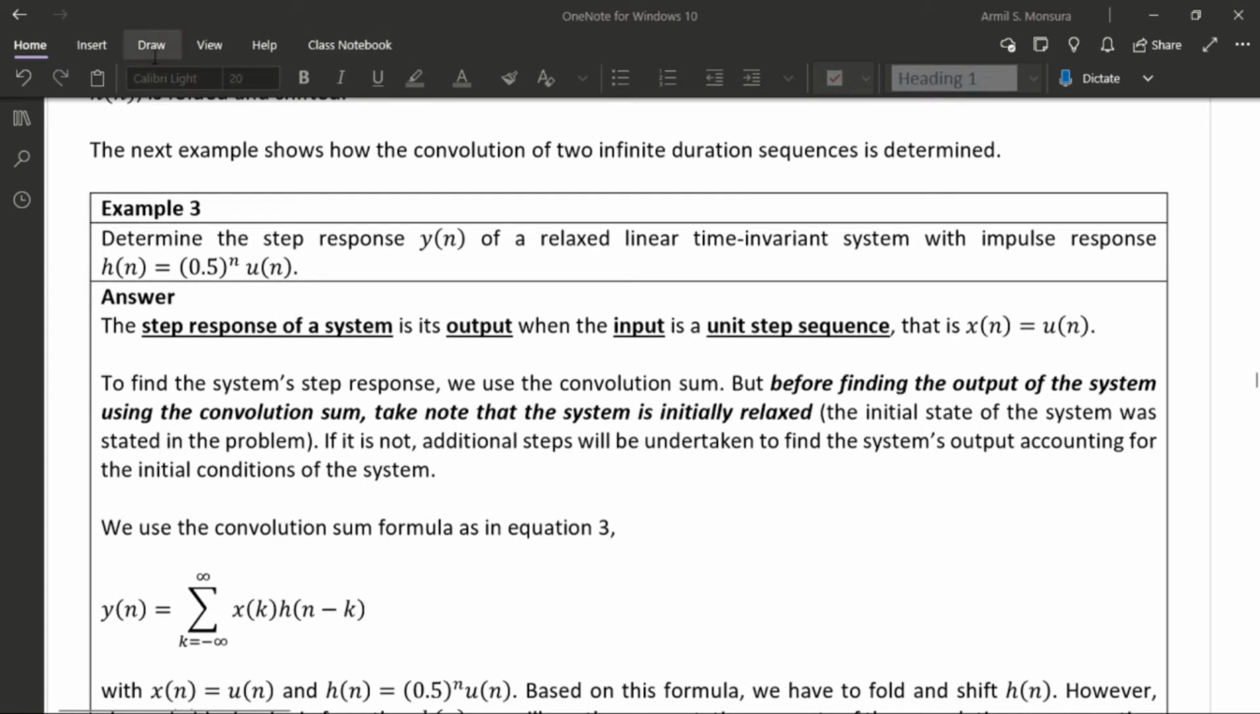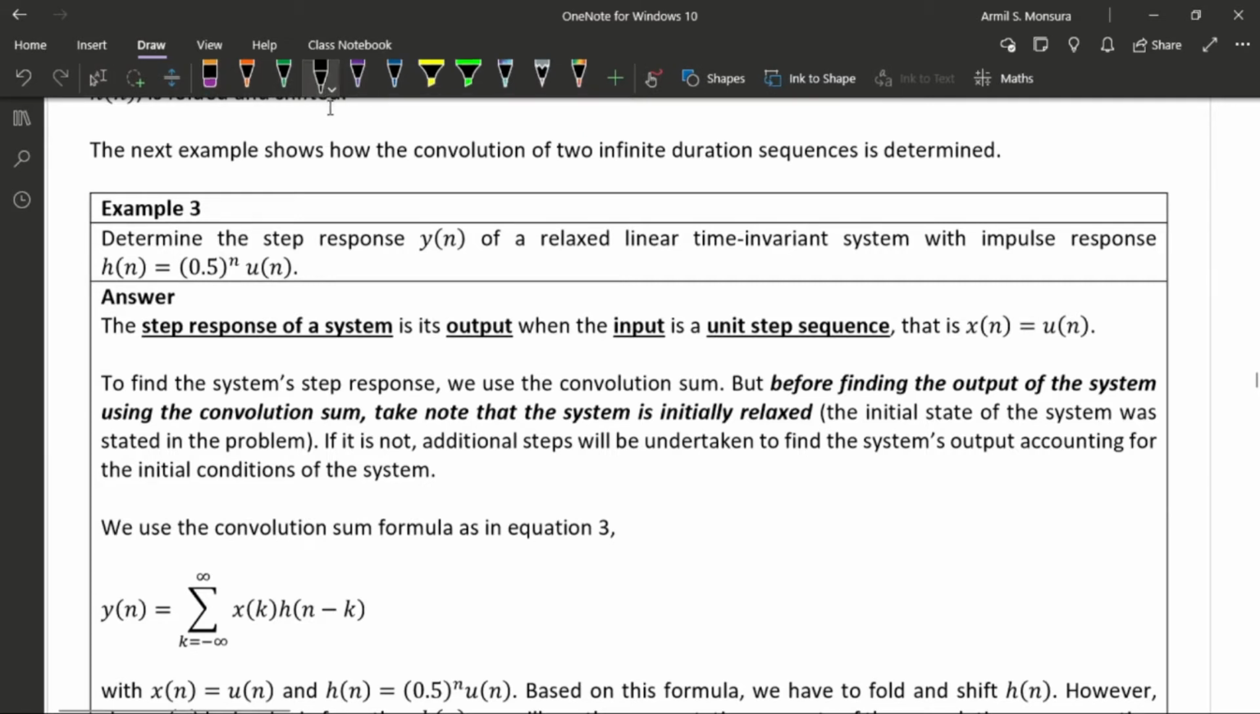Now, in this example, we will attempt to determine how the convolution sum is determined for two infinite duration sequences. So again, pag sinabi niyo infinite duration sequences, yung length ng sequence niyo is infinite. Okay? So, ayun. Now, let us determine the step response y of n of a relaxed linear time invariant system with impulse